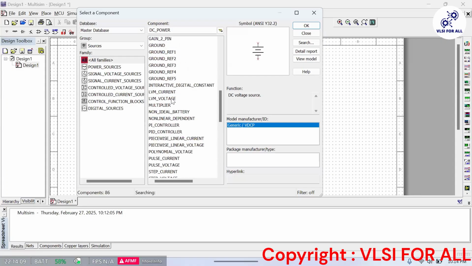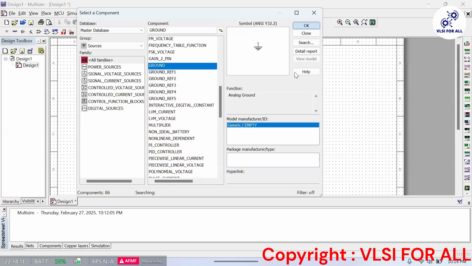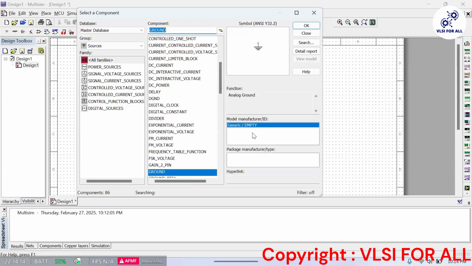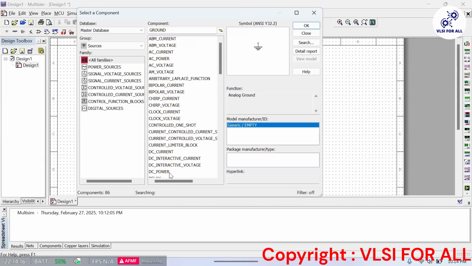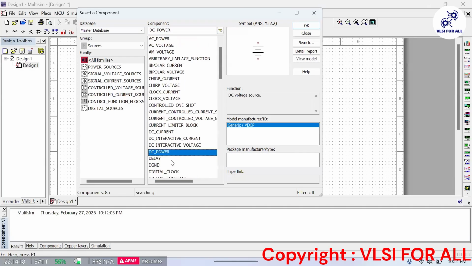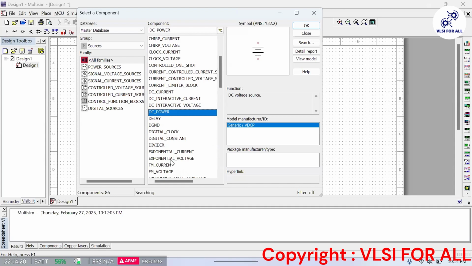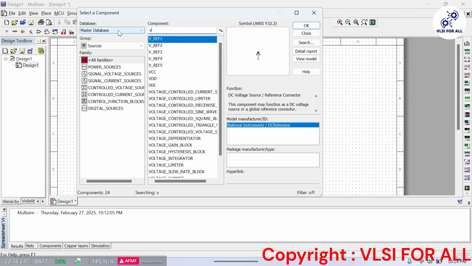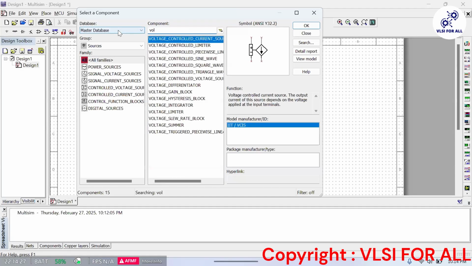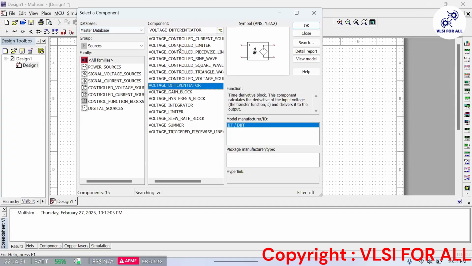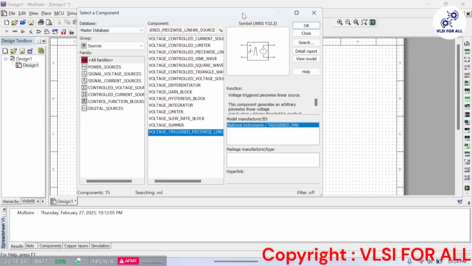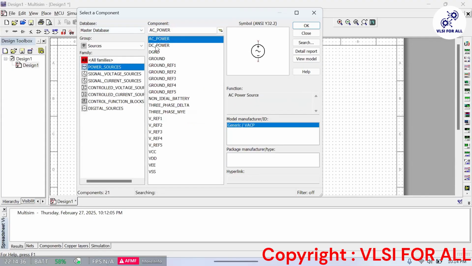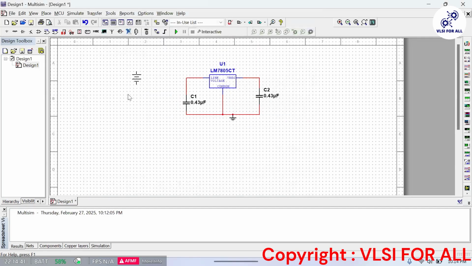Where is the ground here? Ground. Okay, I will just put it here. Then I will take a DC voltage source from power sources.